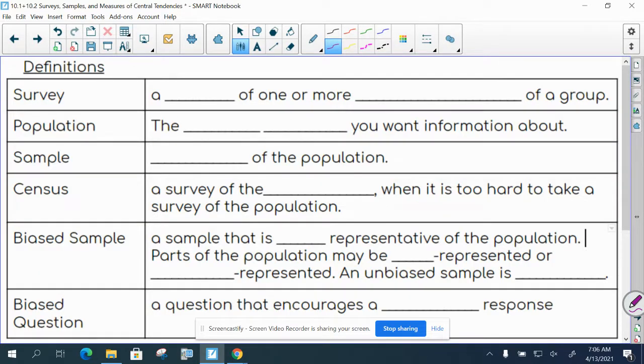So a survey, and you can print off these notes if you're an e-learner. They're located in today's folder, or if you're an in-person learner, you should have gotten these notes in class, or you can stop by and pick them up if you didn't. So a survey is a study of one or more characteristics of a group. Population is the entire group